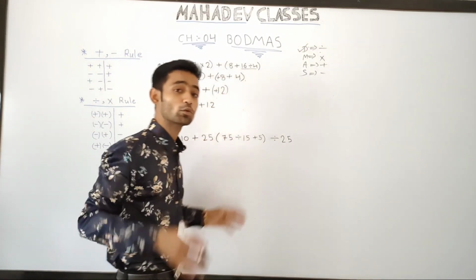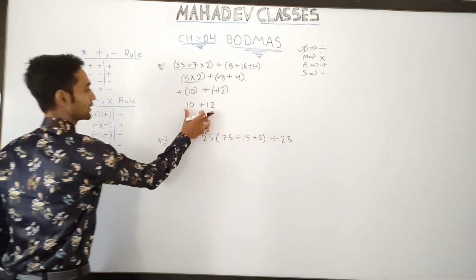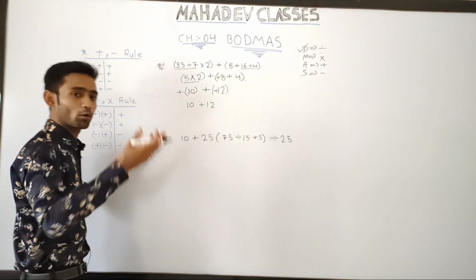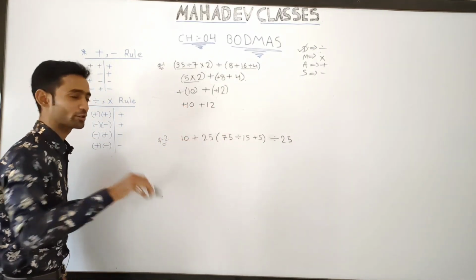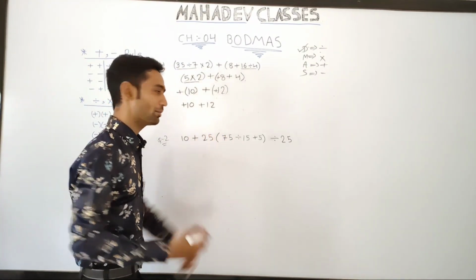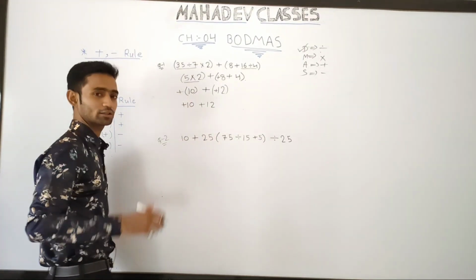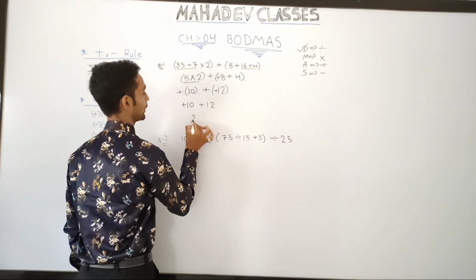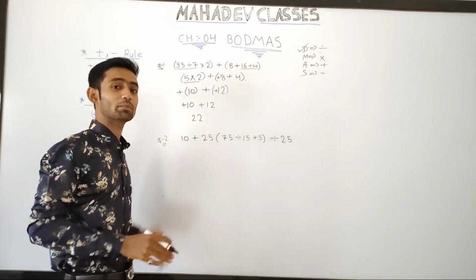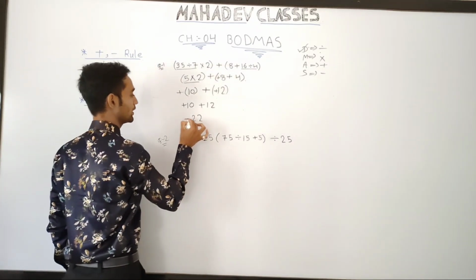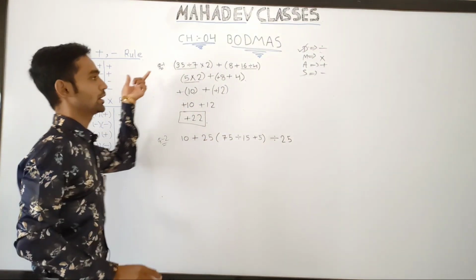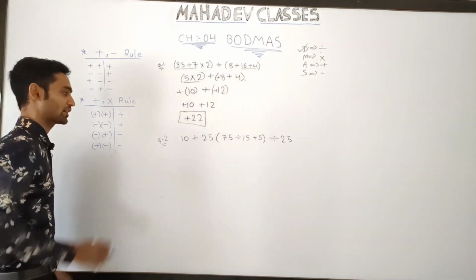Now we have removed all those brackets and we reached here, and now you all can see that 10 and 12 both have equal symbols. Then you have to do the process of addition, and in the resulting answer you have to put the symbol of the bigger number. See, 12 plus 10, you will get 22, and 12 is the bigger number and it has a plus sign. So in our resulting answer we will simply put the symbol of plus. So here we got the answer of our BODMAS question. Now go for the next one.